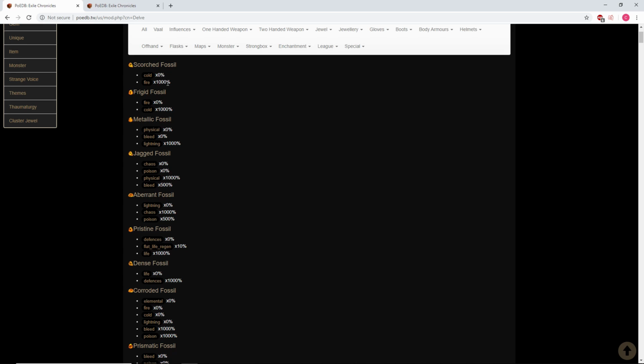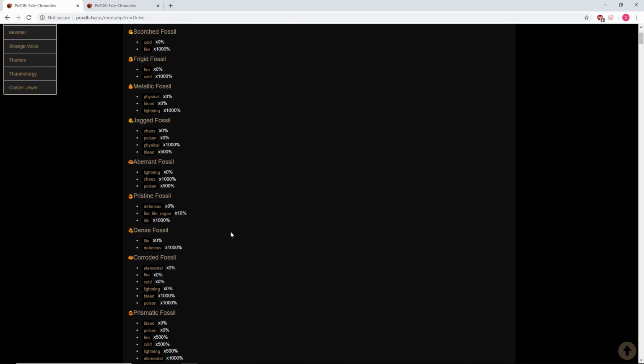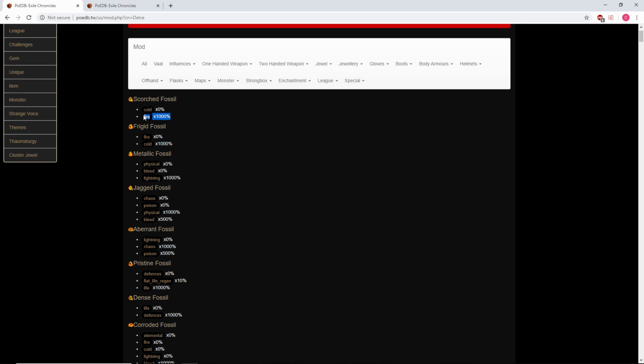You'll notice here in PODB, this is a site I'm going to be showing to show you numbers and odds of getting stuff. It says that Scorch Fossil makes it so cold modifiers can't roll, whereas fire modifiers get their odds multiplied by 10. Normally in a lot of items when you're rolling with fossils, it makes fire things roll a lot more often, but